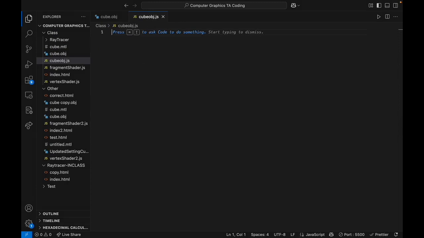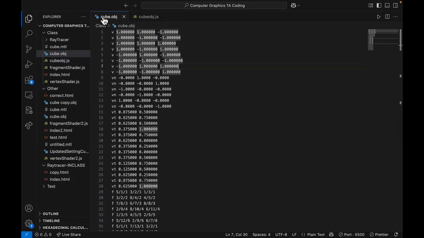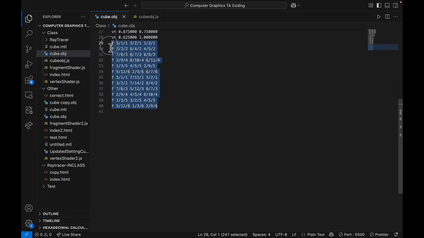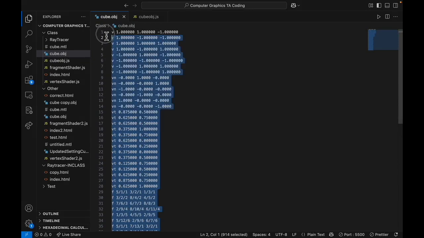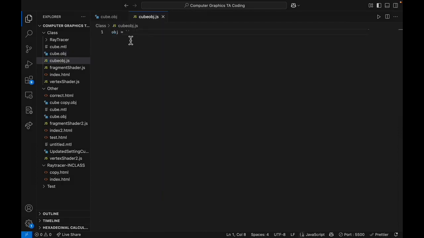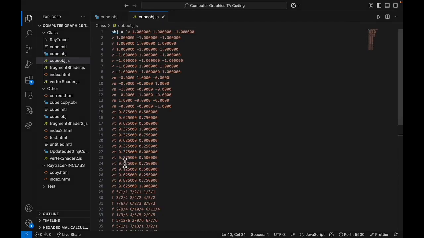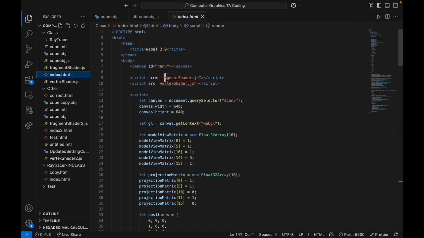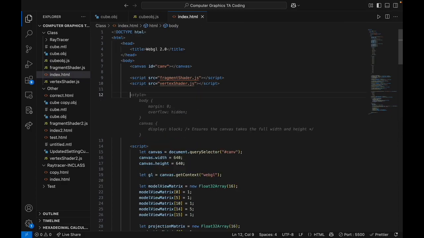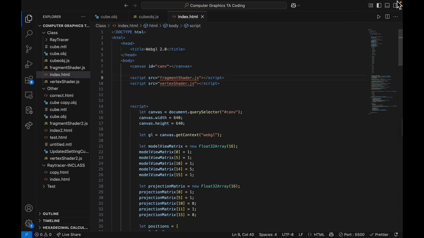Then I'm going to do obj equals like that, kind of like how we did for our fragment and vertex shader. Then copy all of this and plop it in here. And there you go. Now what you want to do is, in your index.html, just like how we do here, go ahead and add